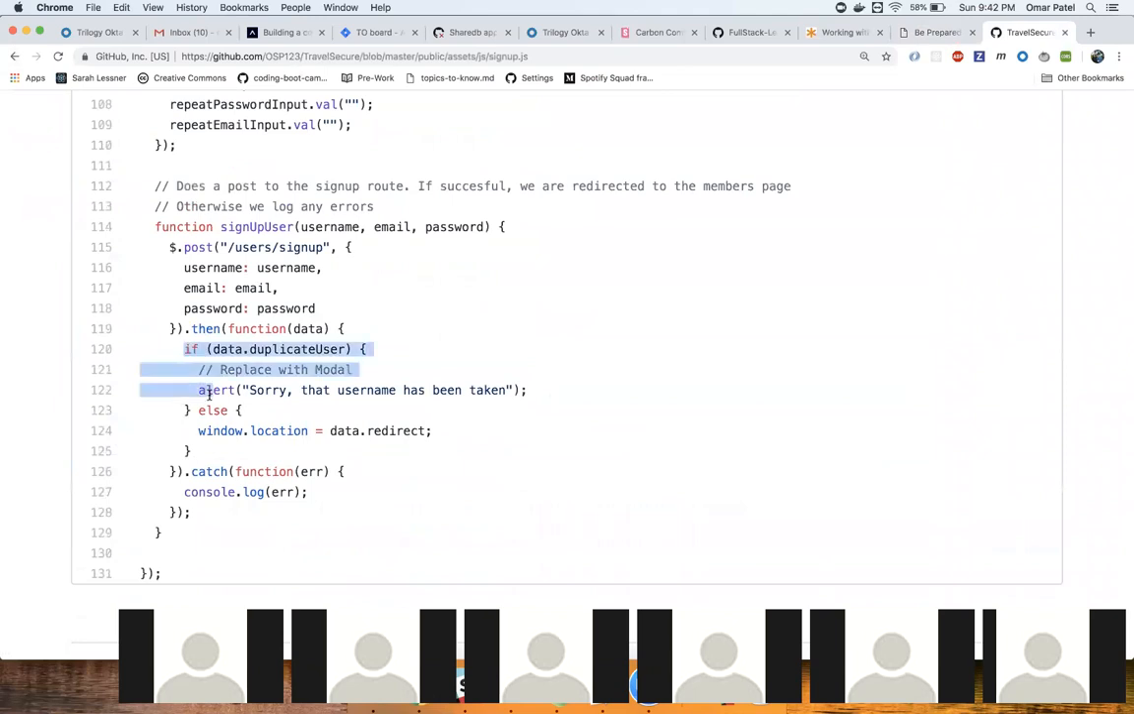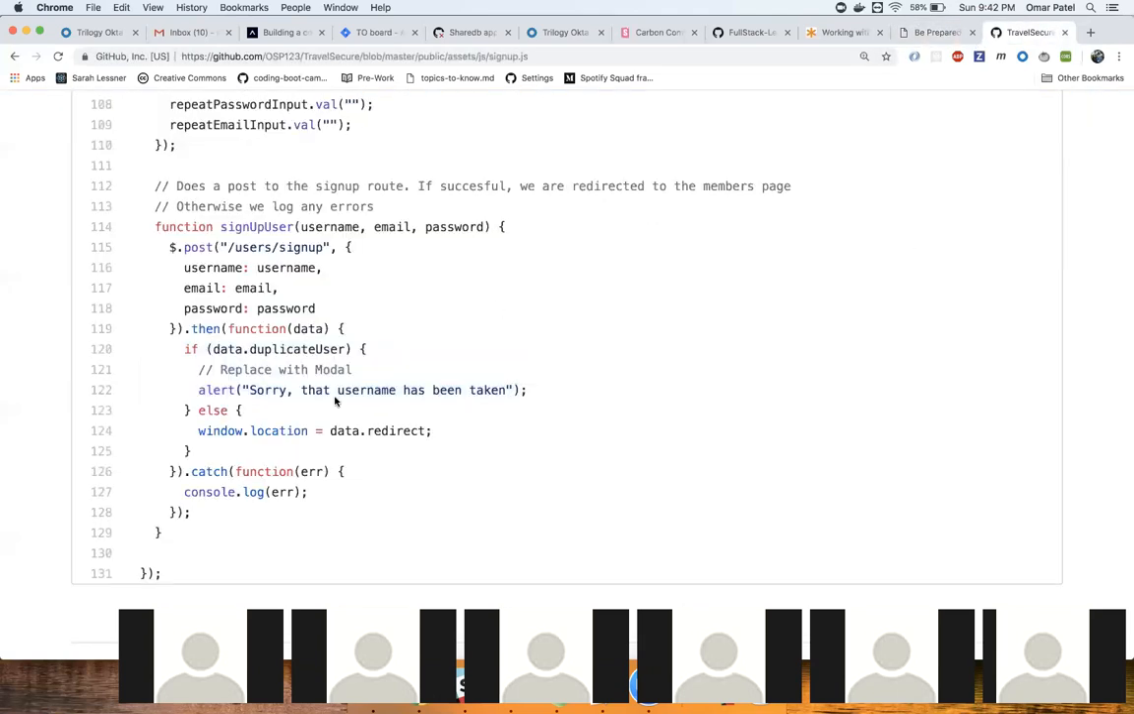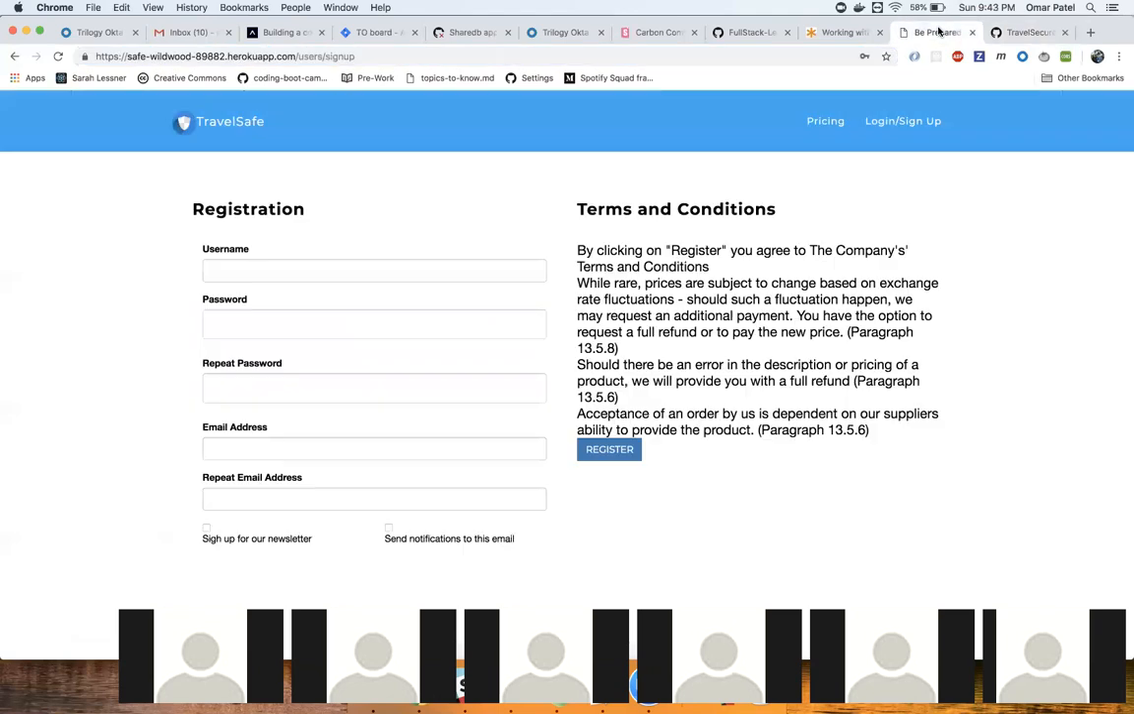So it's this over here. And we just say if data.duplicate user, an alert, sorry, that username is in use. Otherwise, we say window.location equals data.redirect. And that is the information that we got back, which is the path. So this changed the domain path from being at this path over here, to just